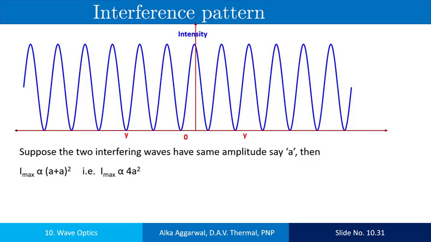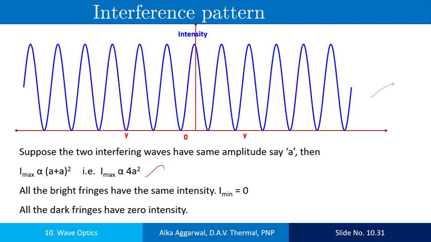Now it is an interference pattern. All the bright fringes are approximately of the same width, and all the dark fringes are represented by 0 intensity if the two waves have equal amplitude. It is an interference pattern. This will be in terms of the path difference. This will be the position of the bright fringe, that is 0. This will be the position of the minimum, lambda by 2. The next bright fringe will be obtained at lambda, then 2 lambda, 3 lambda, 4 lambda, and so on. Similarly, the dark fringes.